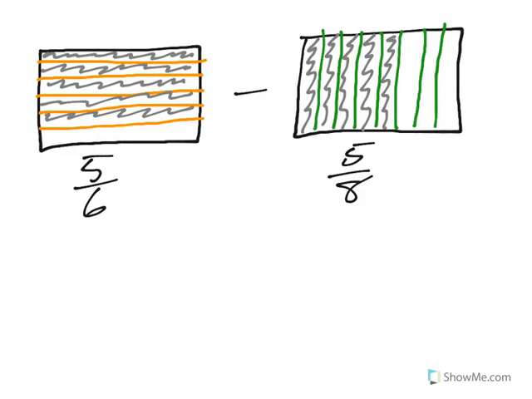The problem with doing this directly and just starting to subtract is that because the size of the pieces is different, I can't really see what to take away from what. I'm going to take part of this piece and part of that. It just gets too confusing. So what I do, kind of cleverly, and I'm not the one who's clever, I learned this from somebody else, is I say, okay, I've got 6 here. If I then go on this picture of 5/6 and draw lines to make 8ths the other way,